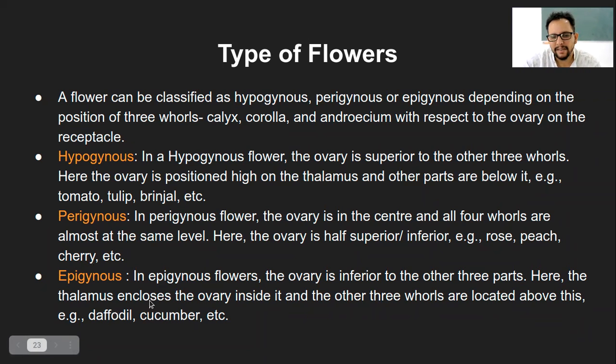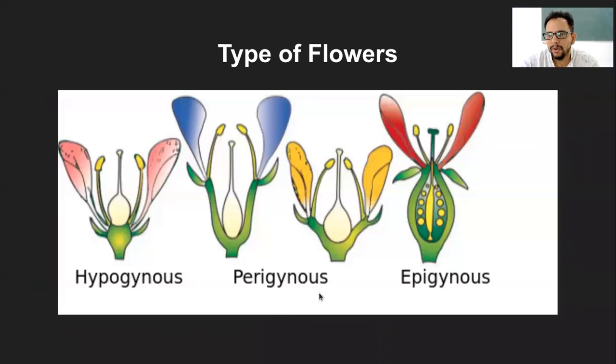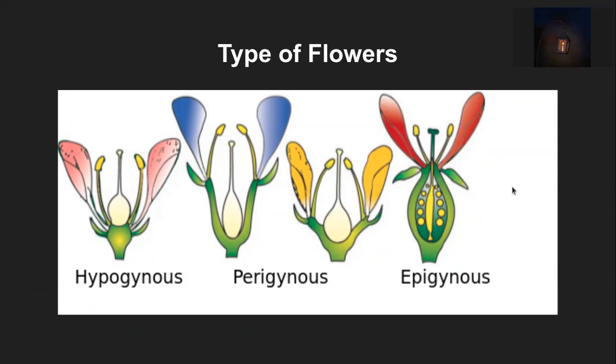And the epigynous, for example, cucumber. Now, if you have ever seen a young cucumber, at one end there will be the stem of the cucumber, and at the other end you would have seen a small flower. That is nothing but the ovary is at the base and the floral parts are on the top. So this part will develop into cucumber while the flower is still intact with the young cucumber, and as and when it grows further, the flower just falls off. So that is the epigynous.